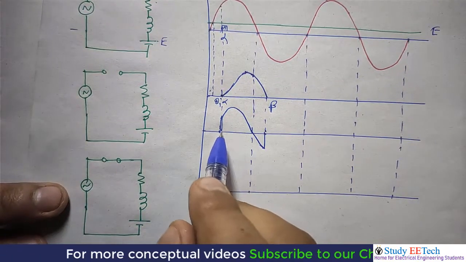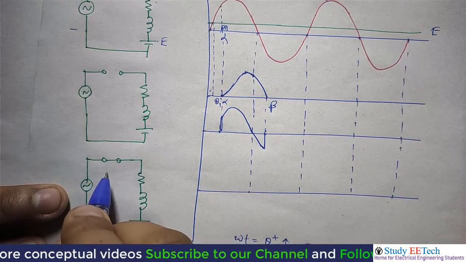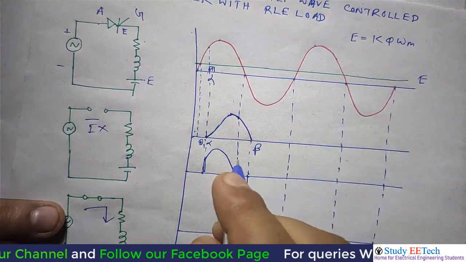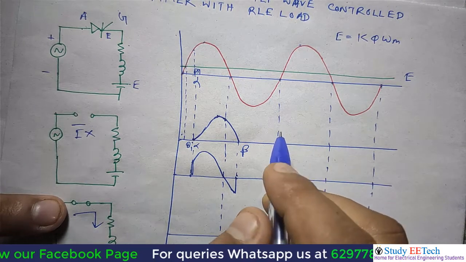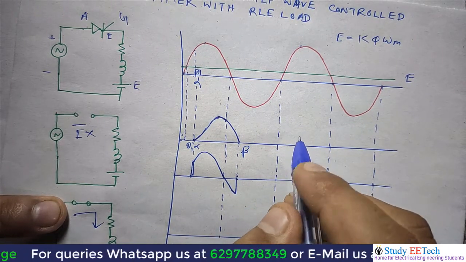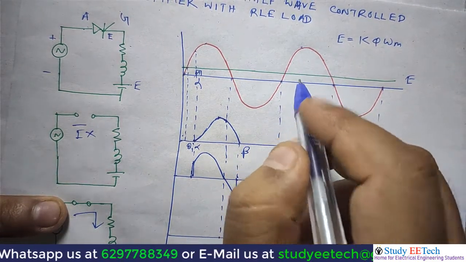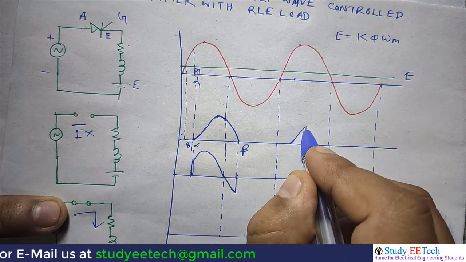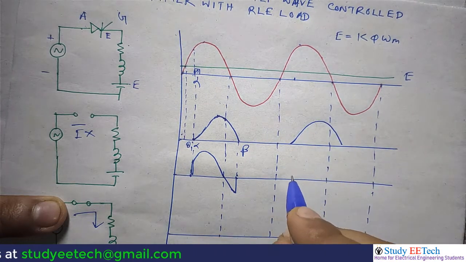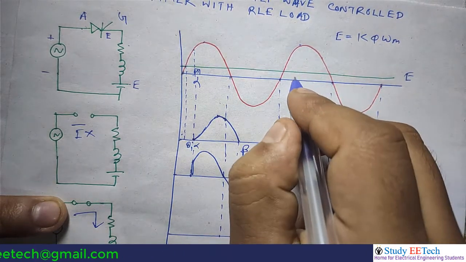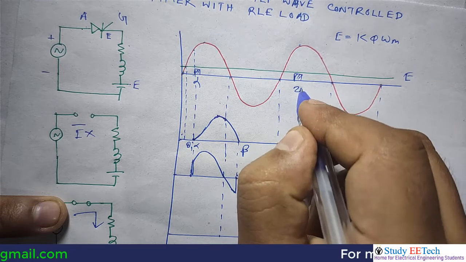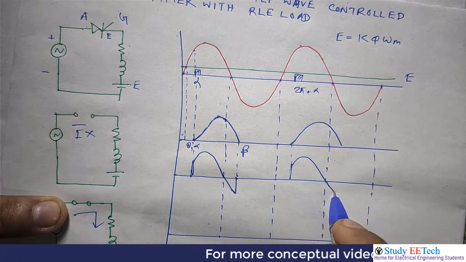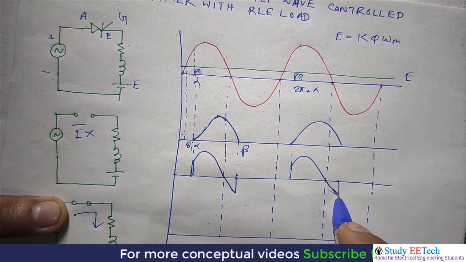Okay, and here in this section the thyristor is on and the current is flowing, and here current cannot flow. So we will get a negative swing, something like that. The same thing will happen in the next cycle also, and we will get the current to be something like this, and the voltage, because this is actually 2 pi plus alpha, and we will get the current waveform something like that. Okay, is this point clear?